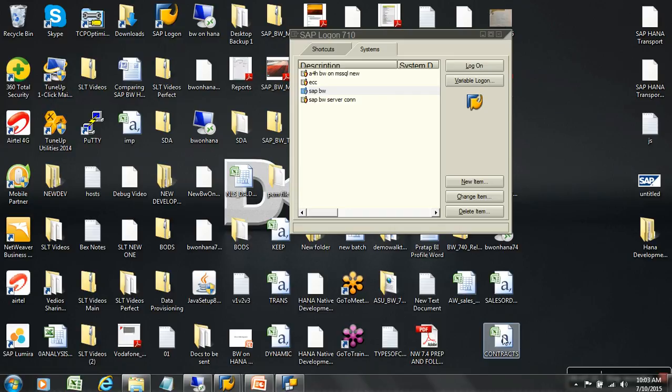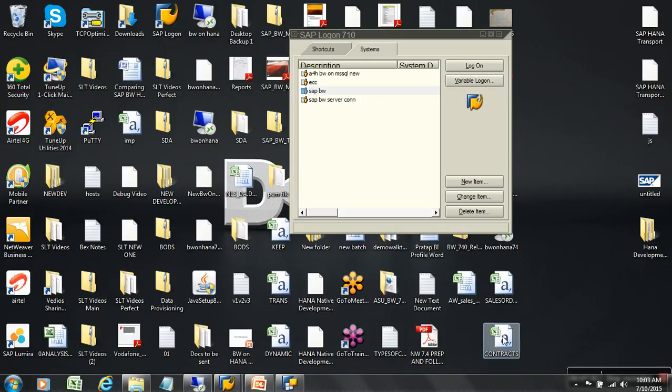When I load my initial stock or my delta movements, I want these movements to affect my marker value, so I want to compress with updating the marker. So I update my marker without selecting the checkbox, because the checkbox name is no marker update. If I don't select it, it updates the marker. If I select it, it does not update the marker. That's the concept of compression. And with zero elimination, once the records are compressed, before moving them to E, if it finds all its key figures being zeros, the records can be deleted.